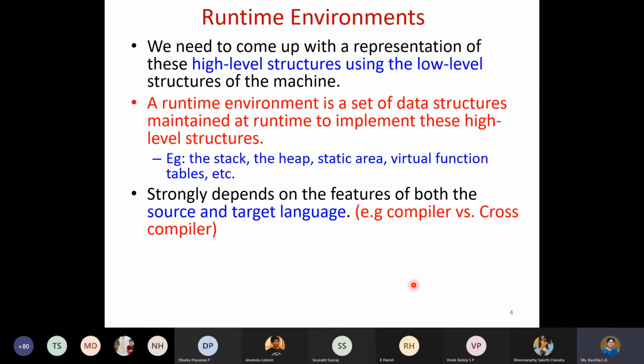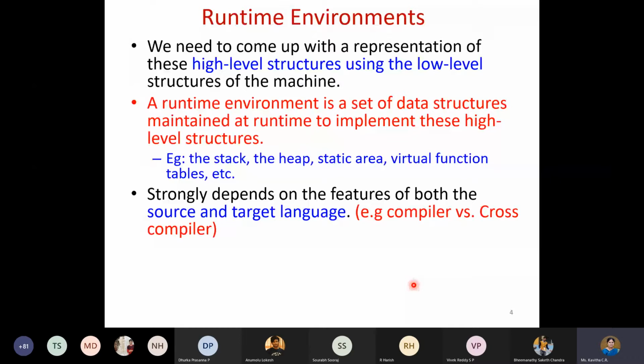Okay, so the requirement for a runtime environment is because we need to map these high level structures onto the low level structures of the machine. Therefore, we need some environment to take care of this, and so we use a set of data structures at runtime to implement these high level structures. Like we make use of the stack, the heap, and some static area, maybe reserved for the constants, and also virtual function tables.